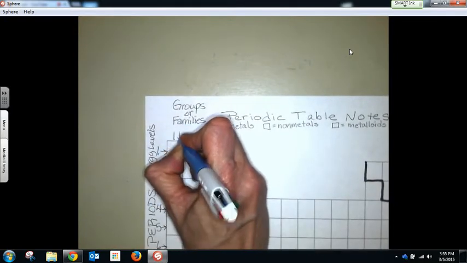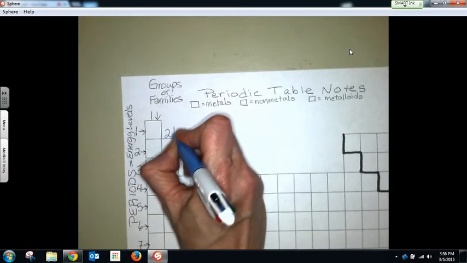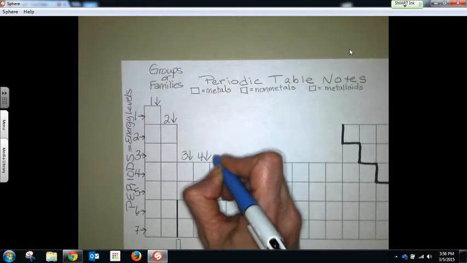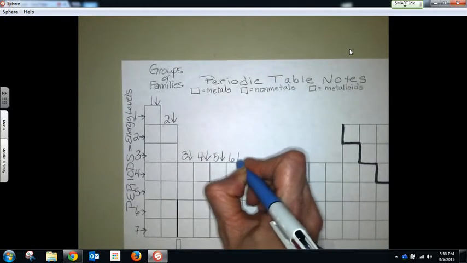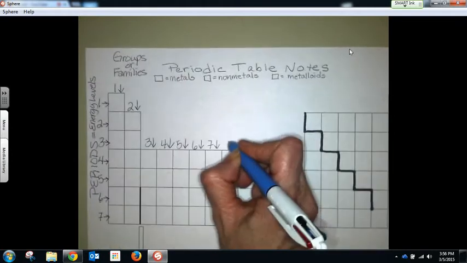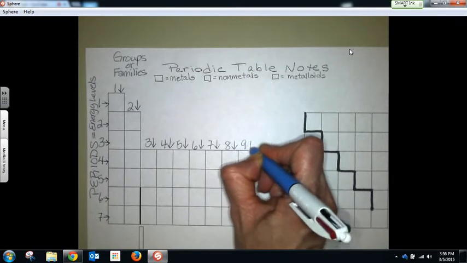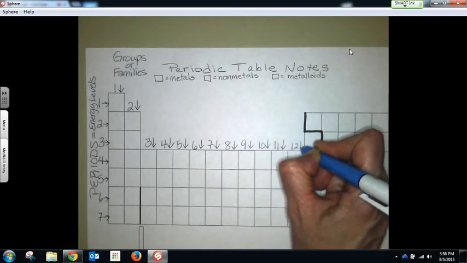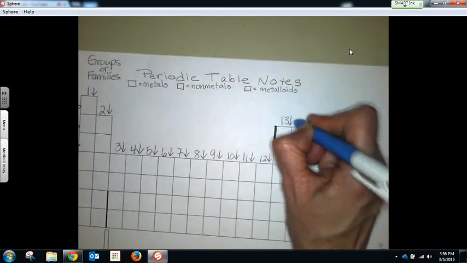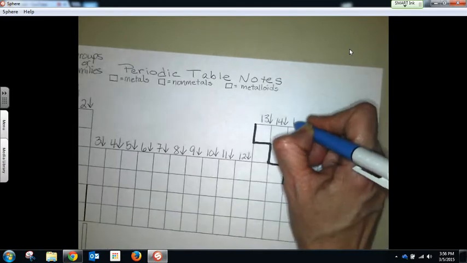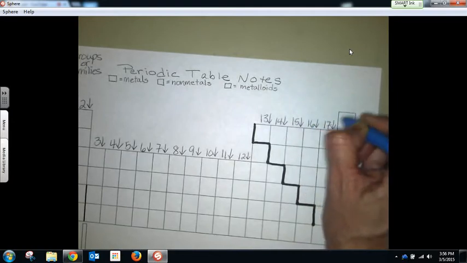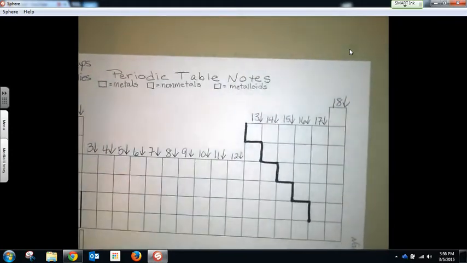And we're going to number them 1 through 18. 1, 2, 3, and so on. Okay, and as you can see, there are 18